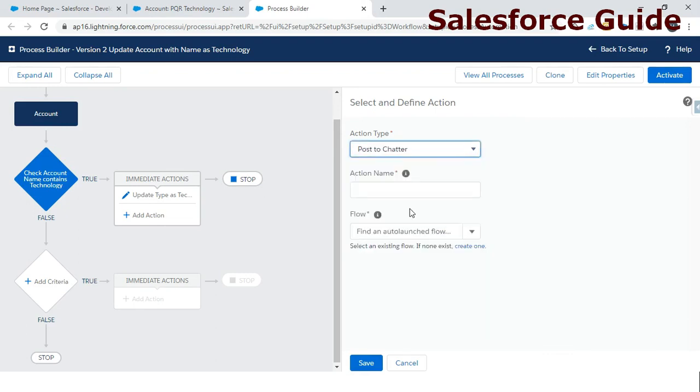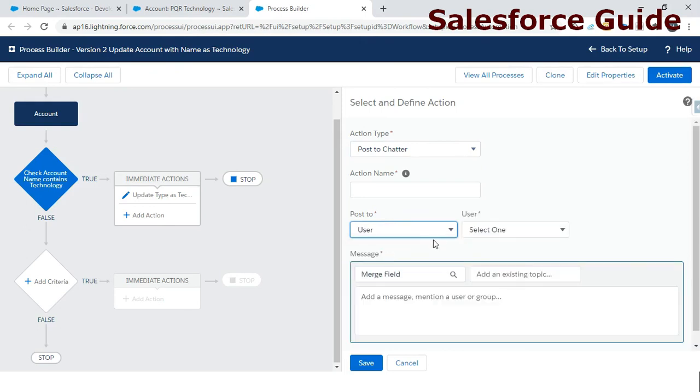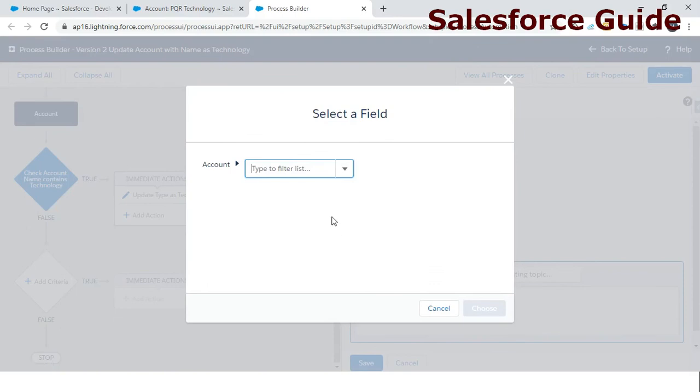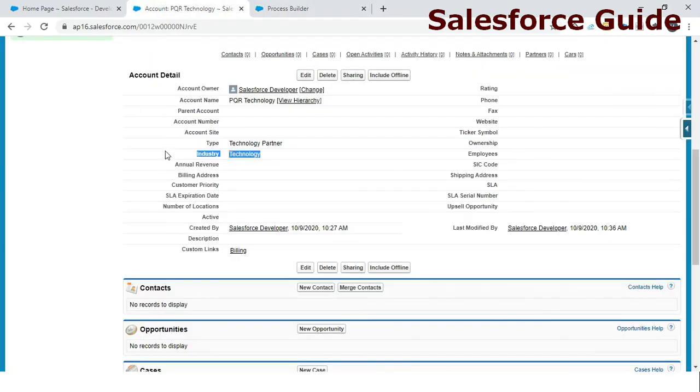Now the next thing is post to Chatter. Chatter is a type of functionality provided by Salesforce which helps you keep the chatting activity and details, so that you can communicate between the different types of users you have in your org. If you want to update an activity to a customer, or notify a certain customer by Chatter, you can do this. You can post to Chatter from here itself, to the related users. You can go to the Chatter group related to this record. You can merge whatever fields you have on an account. That means we have multiple fields here in an account.